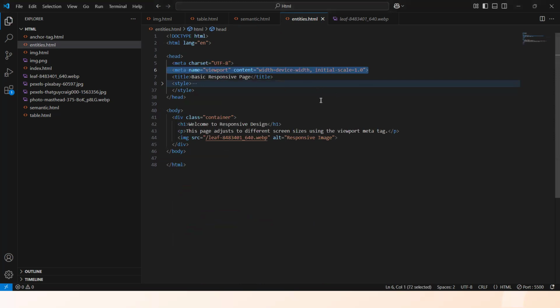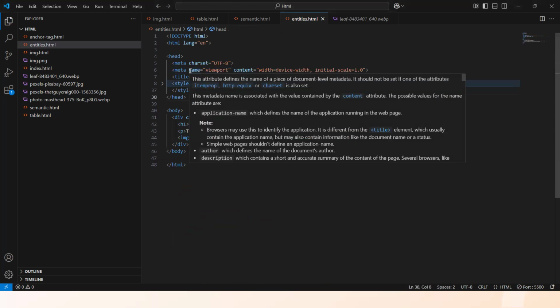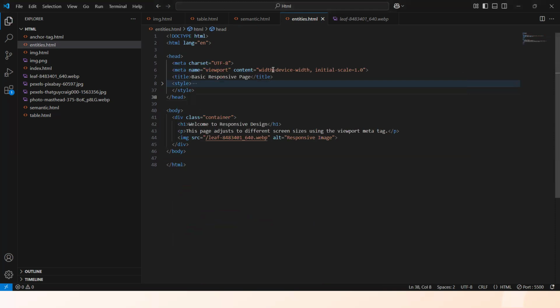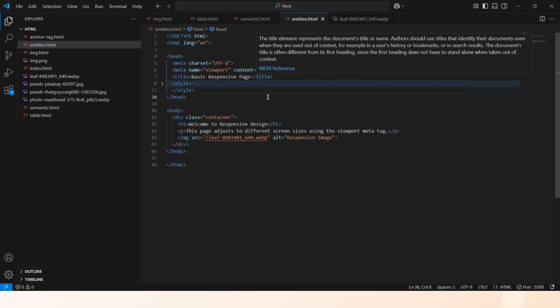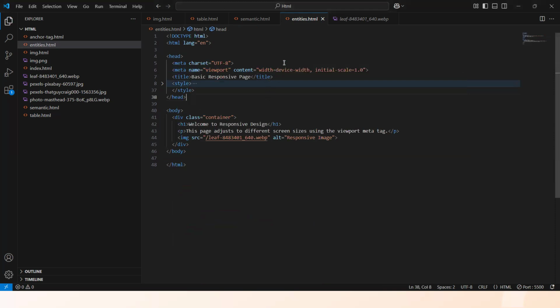We said the name of the meta tag is viewport. Then the content: how do we want to display the content? We want the browser to make sure that the width of the browser should be the width of the user's device, and the initial scale should be 1. So if I go on and show you the browser here,